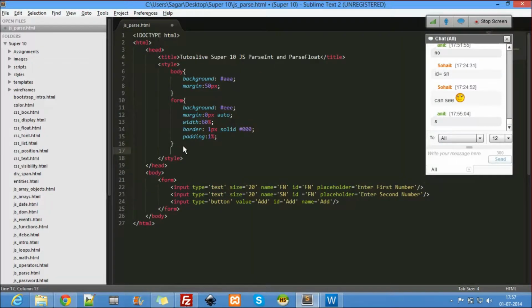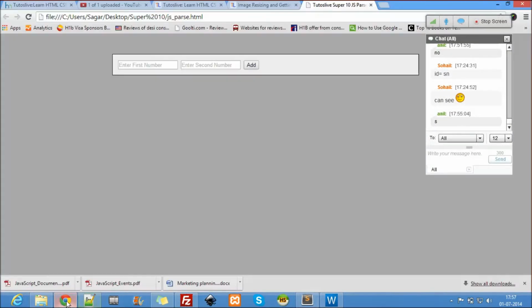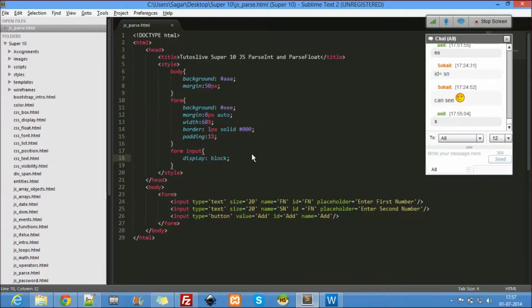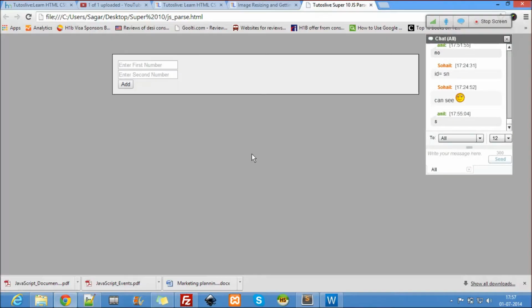And now the next form and input. That means the input tag after the form tag, display as a block. Display block is working fine, and a padding of 10 pixel.